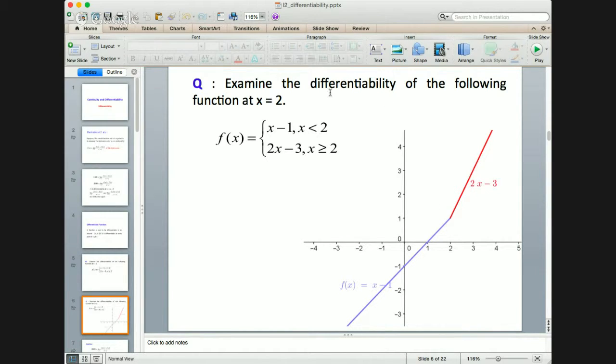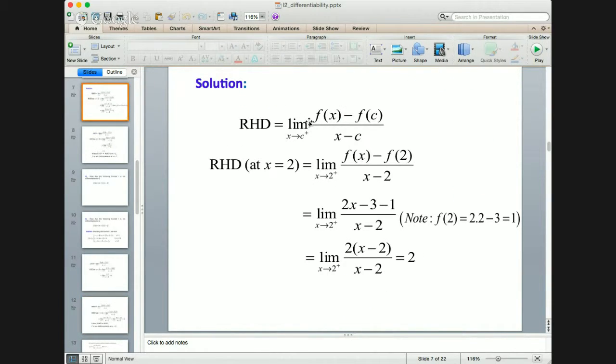Now our interest is to figure out, is the function differentiable at 2? So I want you to keep this image in your head and see what is happening at x equal to 2 in terms of the graph. And when we conclude and end up with our result, we will maybe take a look back at this function. So to discuss the differentiability, the definition that I am following